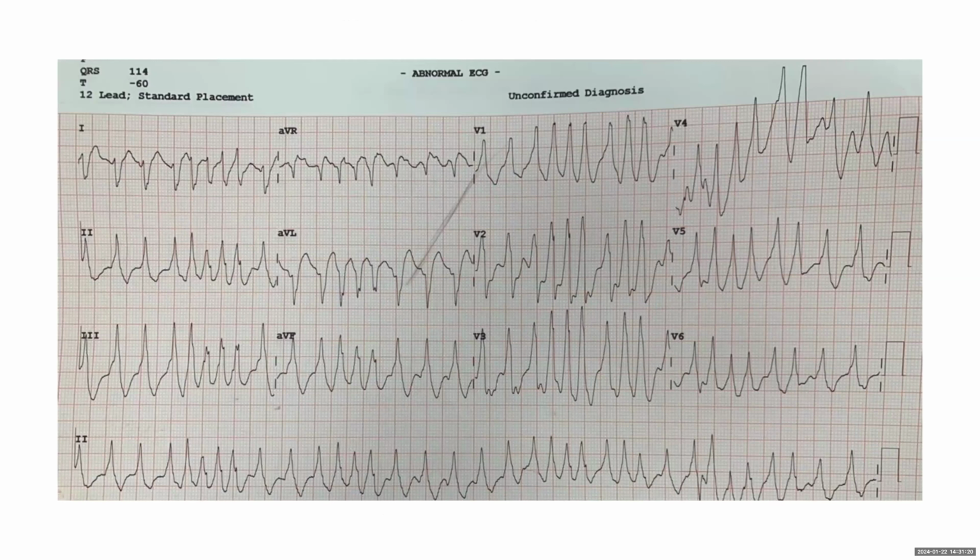So just for, I think there are P's in AVR. So in AFib, you often can convince yourself that there are P waves, commonly in V1, but sometimes in other leads. These are just fibrillation waves. I guarantee you there are no P waves in AVR because the patient's in AFib. But even in AFib, if we go back